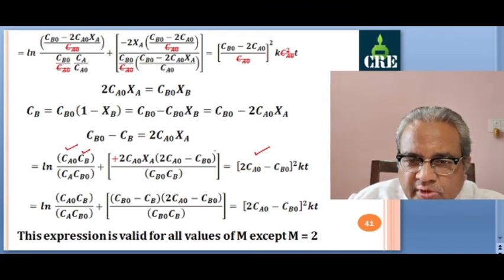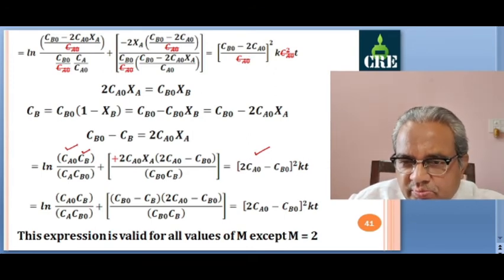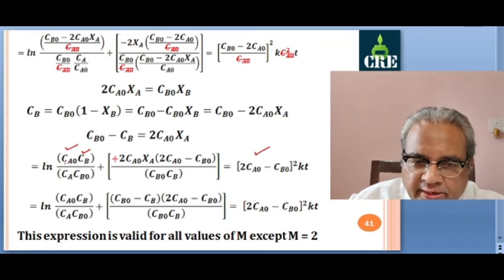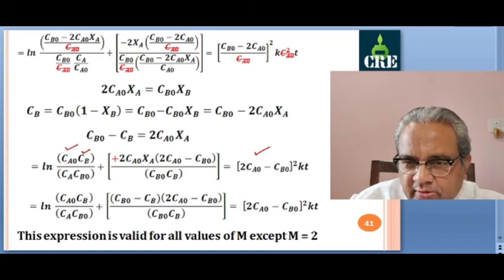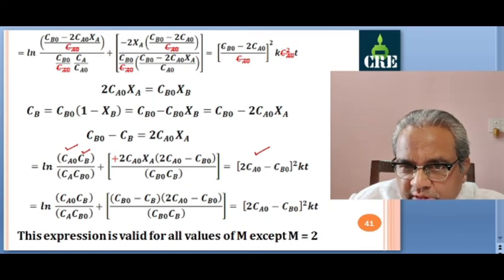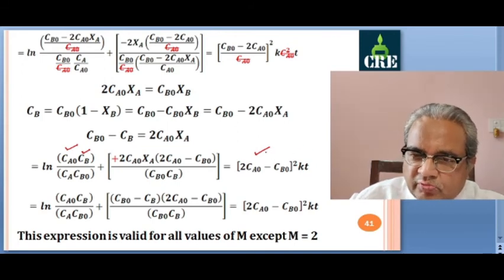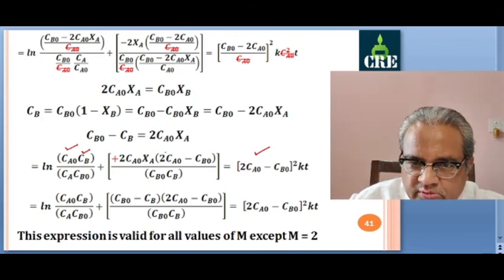These rearrangements we have made are only for convention. We write CA first and then CB. It is not necessary because the expressions will remain the same. Either you write CA CB0 or CB0 CA. But as a convention we write A first and B later. So that's why I have changed this CB0 minus 2CA0 whole square to 2CA0 minus CB0 whole square. Even if you don't do it, that doesn't matter. Results will remain the same. Second term.